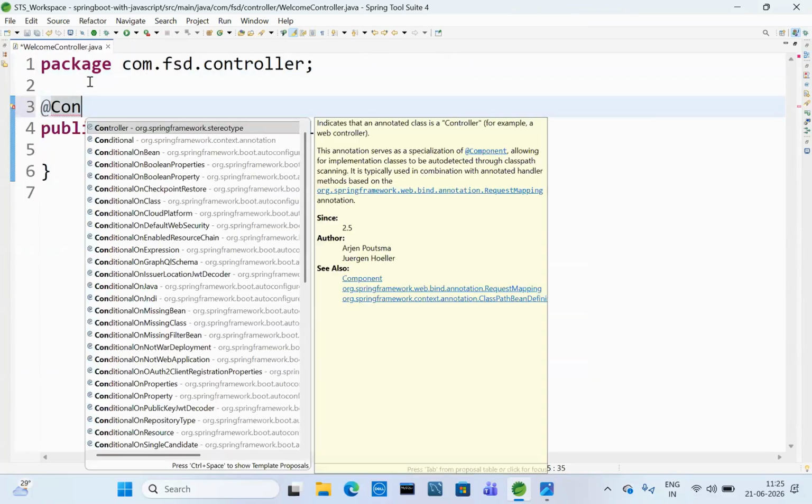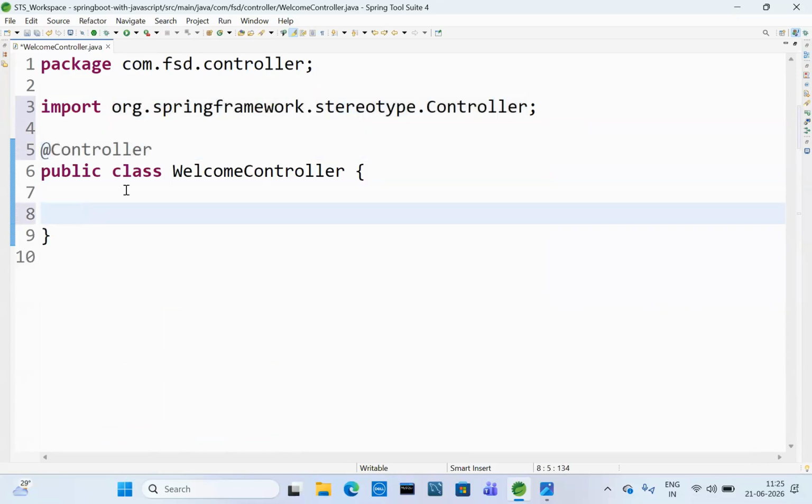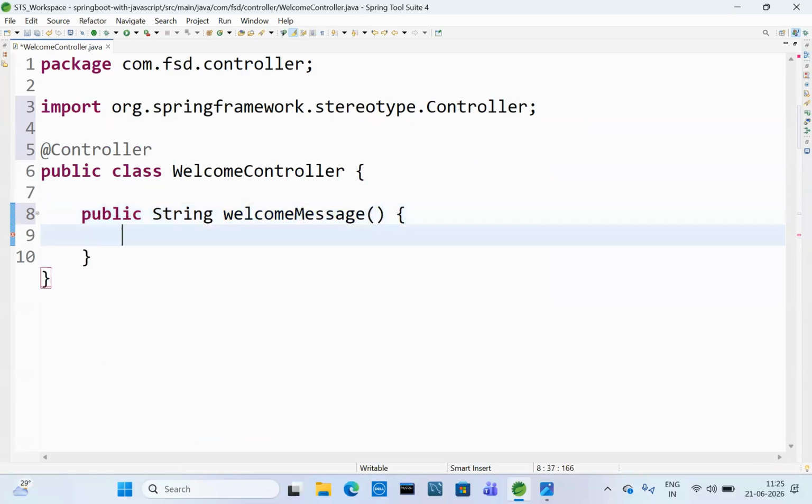Do you know the difference between Controller and RestController? The major difference is that if you are using Controller, ResponseBody is mandatory. If you are using RestController, ResponseBody is optional. So let's add one endpoint to return the welcome message. Public String welcomeMessage, and return